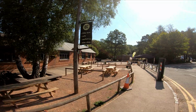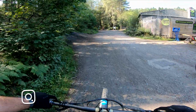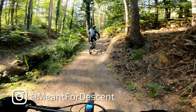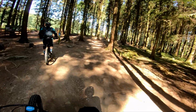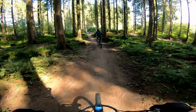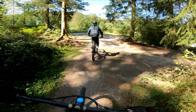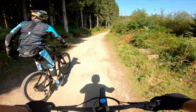It's a beautiful day to be out on the trails, and I'm going to be spending it riding at Cannop Cycle Centre in the Forest of Dean. Two of the downhill trails here, Countdown and Launchpad, have just been refurbished, so I'm going to be checking both of those out, but first I'm going to be riding the award-winning Verderers Trail. I've been told that the final descent of the Verderers Trail is an absolute must, and I'm really looking forward